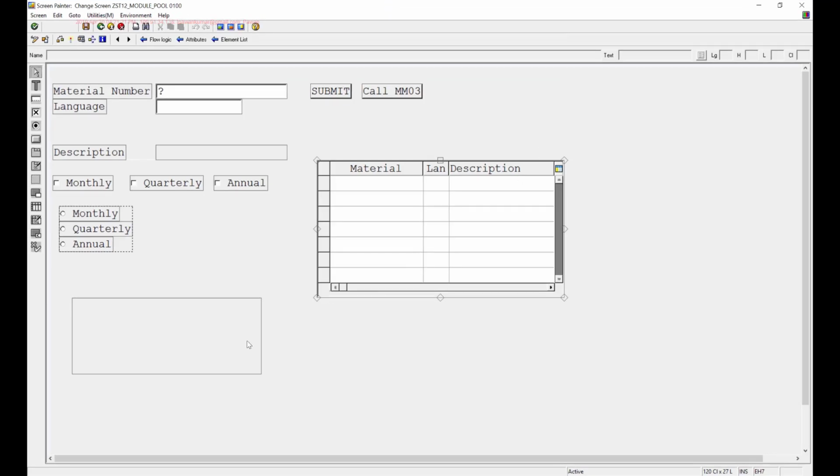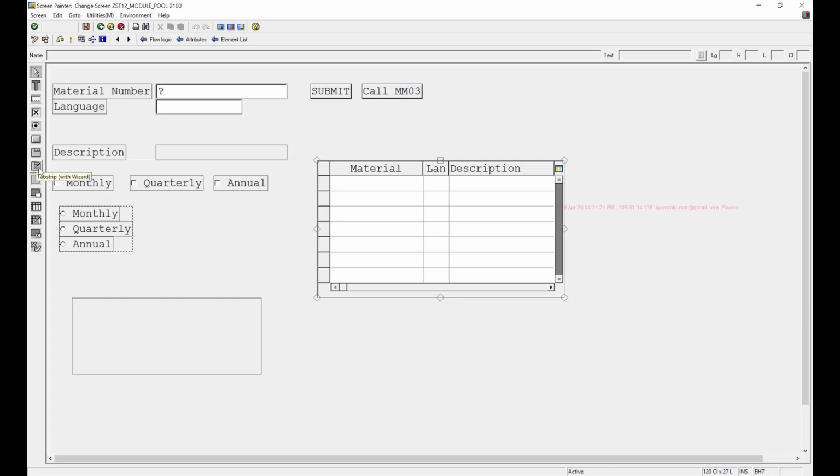And here, let's say I want to create the tab strip control somewhere here. I'll select this tab strip with wizard. You can also do it manually, but it's a lot of work. You have to separately define your subscreens and then define the tab strip area. There you link your subscreens. So instead of manually doing all of that, you can select this tab strip control with wizard.